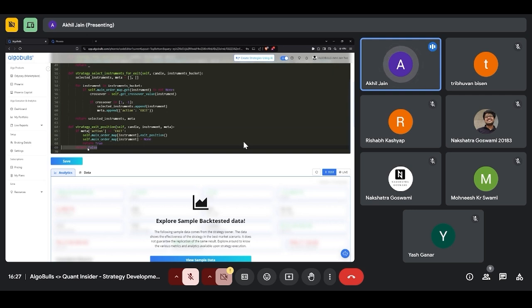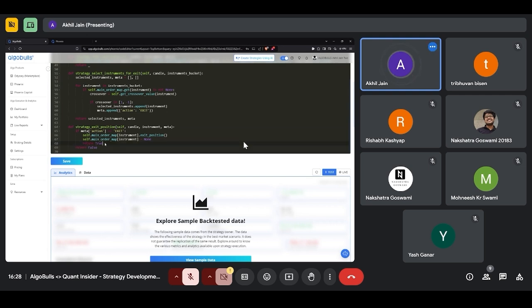Let's say I have three exits, I have three quantities. I'm exiting one because of some condition. Then I'm exiting the second quantity because of the second condition. And then I'm exiting the remaining, which is the third one. What I'll do is I'll return false the first two times. And at the third time, where I know that the complete instrument is gone now, I'm going to return true. So this is for some future strategy where the logic is more complex. But as of right now, this is the meaning of both of these return statements.